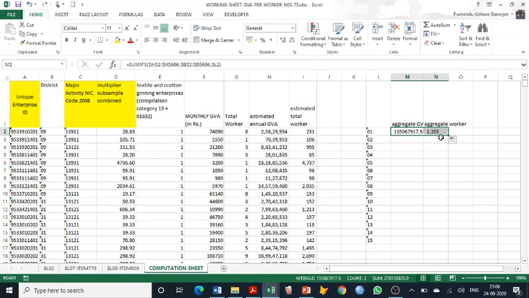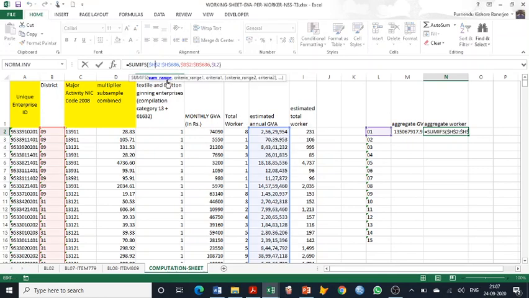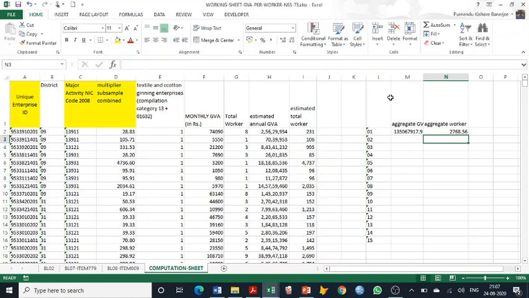Only thing which would change is that instead of H, now we will do the sum on I. I just copied the formula and simply replaced it manually inside. So the rest of the things are identical. So this is the aggregate GVA, aggregate worker.